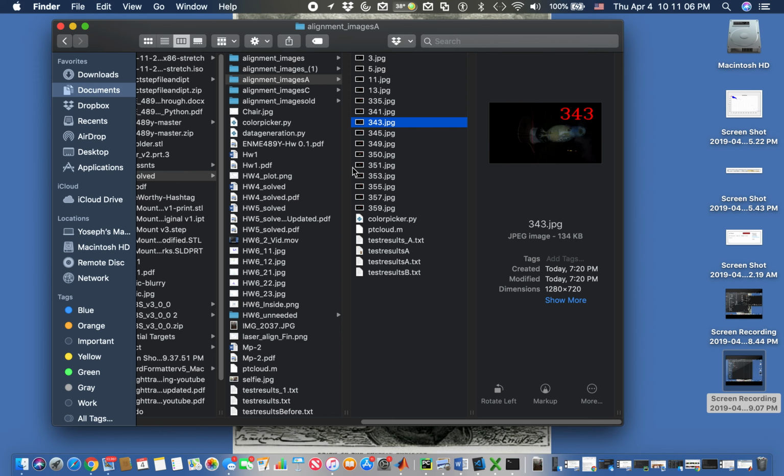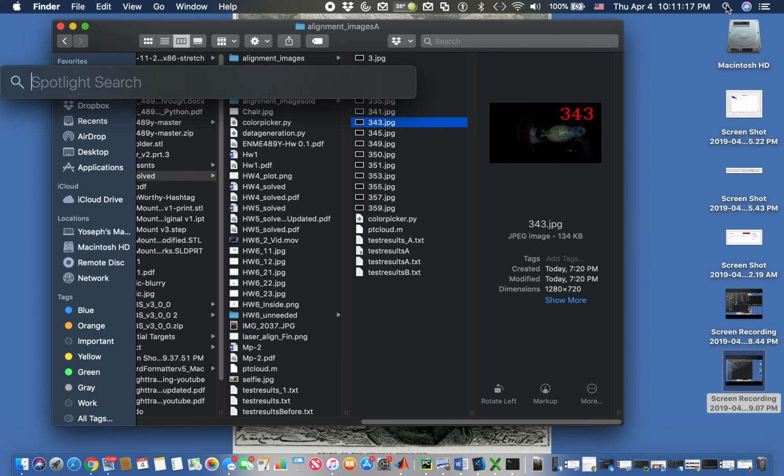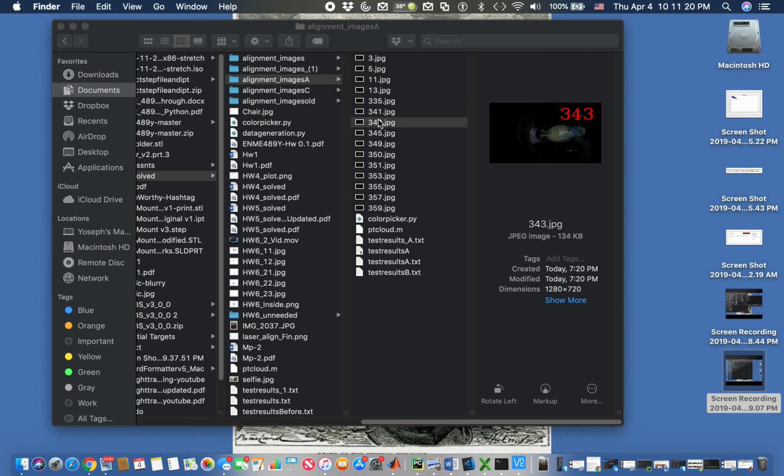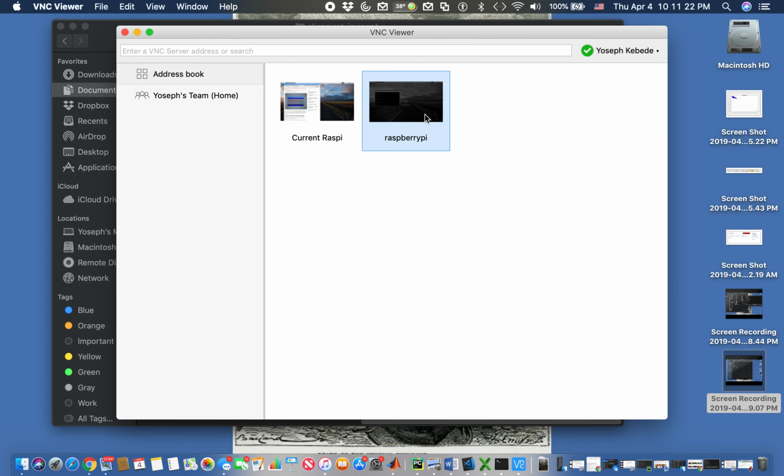Going outside and collecting my data from the Bluebird. I again used my VNC to transfer my pictures to my computer. So what I did was I got to my VNC, connected to my Raspberry Pi locally, I mean, through internet or through hotspot or through Wi-Fi, and then I used the file transfer option from VNC, and then basically downloaded those folders from the online uploaded